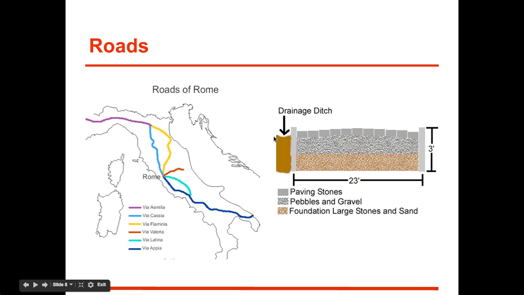And many of these roads are not only still around today, but actually still used today. These were very, very impressive. Building a road this way, especially with the technology they had, takes a very long time. But it works very well. This is much more stable than an asphalt road would be today.